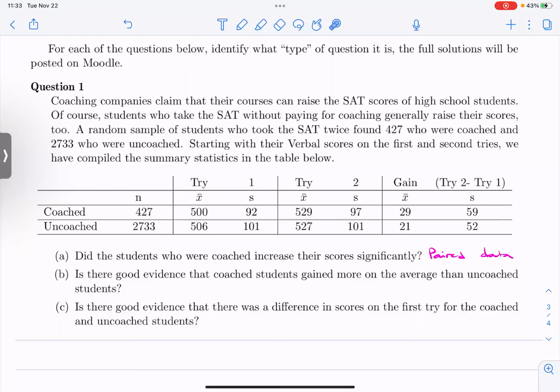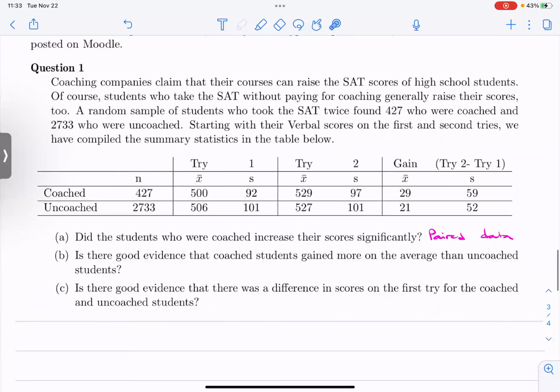So now, all of a sudden, I'm comparing the coached and the uncoached students, which means I have two sample means, right? Two sample means of the gains, right? Kind of tricky, right? So in this case, this is a two sample means